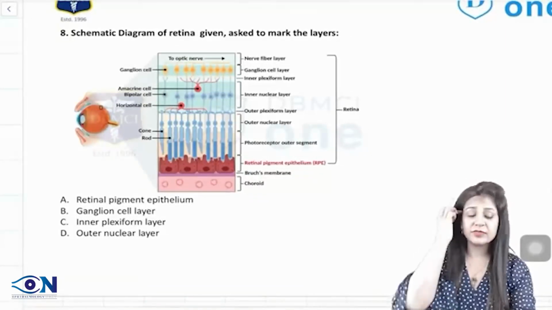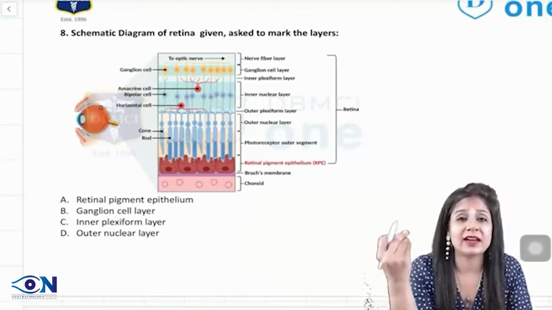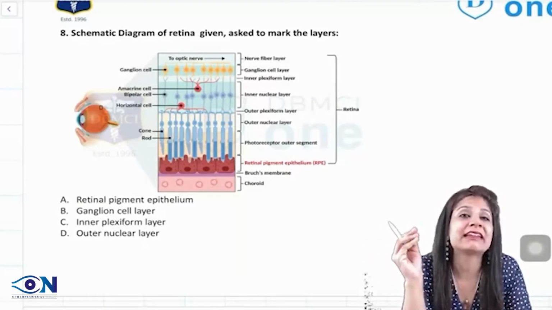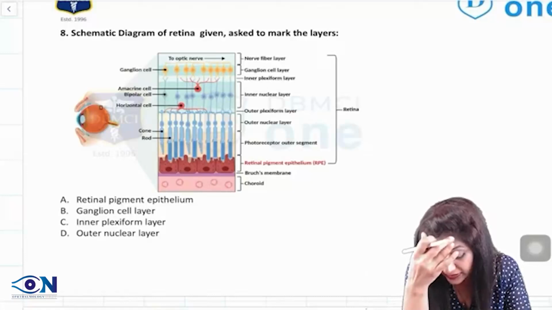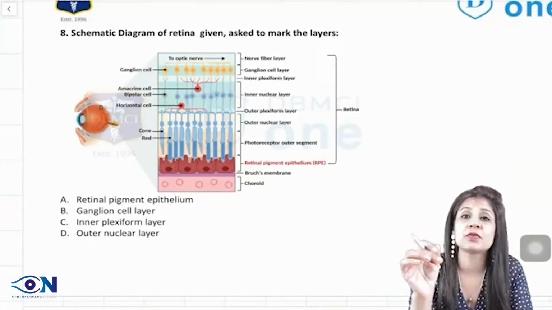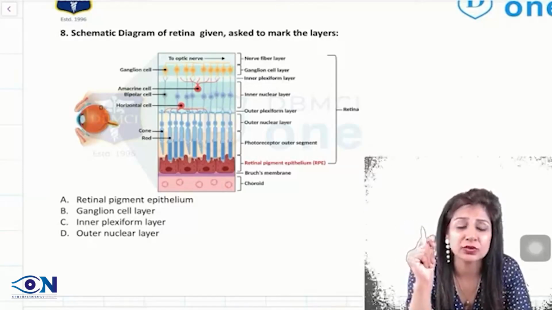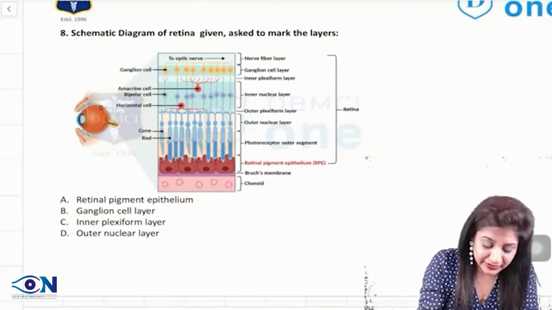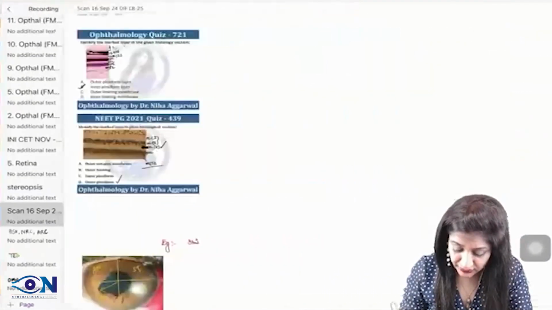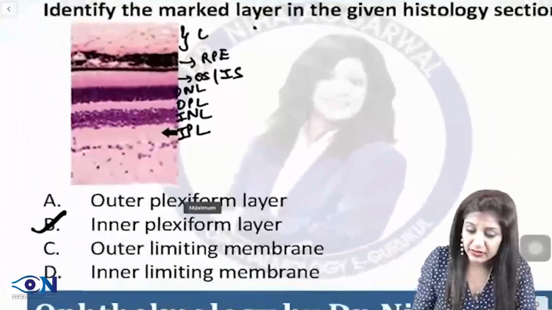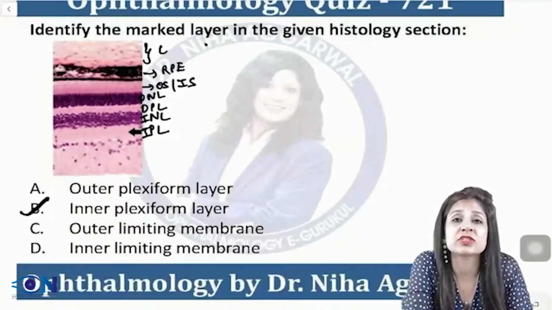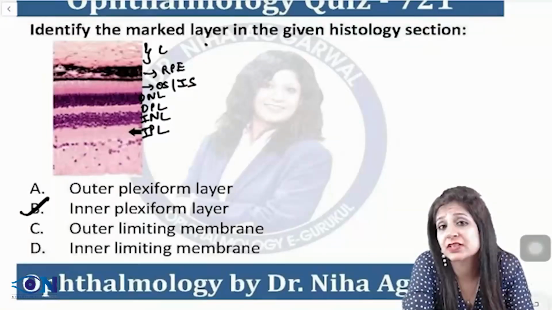Now another question, which is again from our notes, and I do not know how many times we have practiced this: marking the correct layer of the retina. They had asked to mark the layers of the retina, but I do not know which layer they had asked to mark. Can you guide me, guys? I know this question came, but not exactly which layer they asked to mark. Like we have practiced the previous year questions, this was the AIIMS 2017 question which we have discussed in our class.